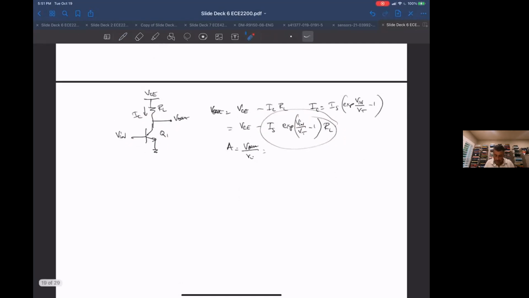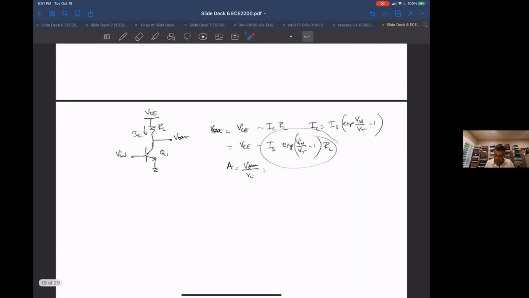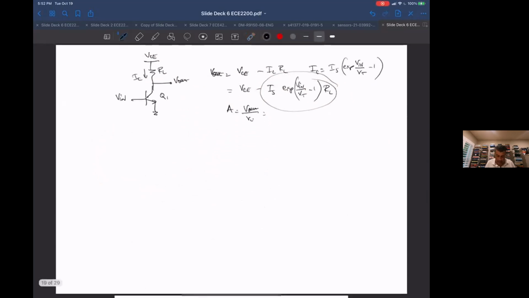So the question then is, well, why do I need an op amp then? Why do I need this thing with a gain of a jillion? However this equation works out, I can tune this bad boy. I can pick R sub L, I can pick I sub S or whatever it is, and I can get some gain of 10x out of this. Okay, so the question is, can you